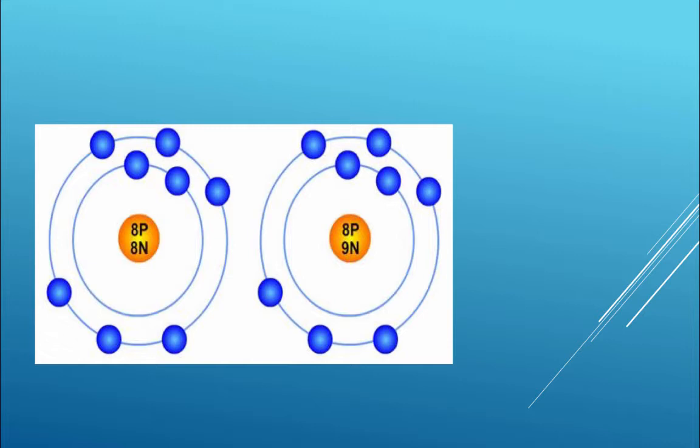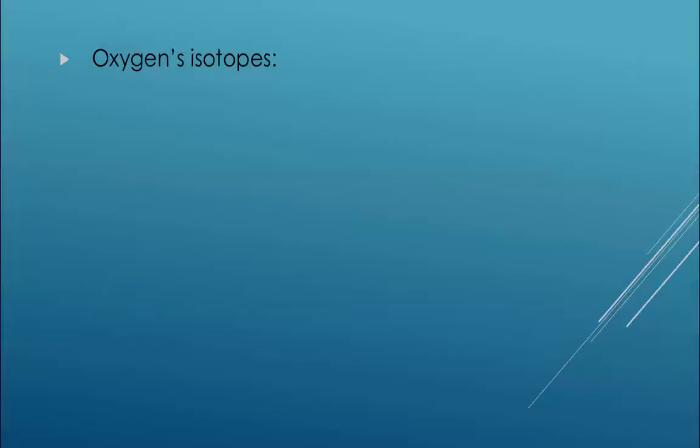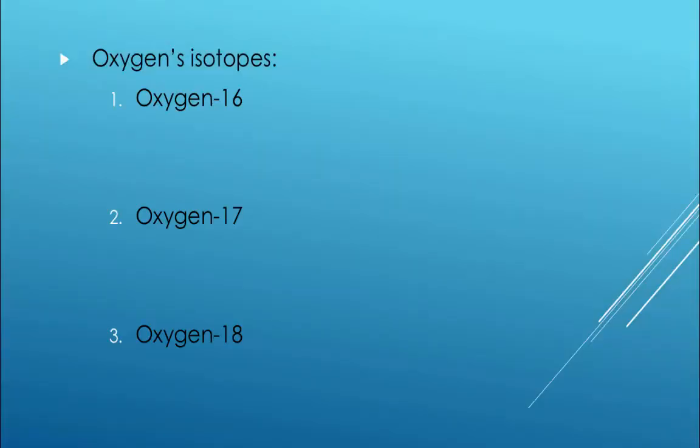In fact, there are more oxygen isotopes. This is another example. This oxygen atom has 8 protons, 8 electrons, but 10 neutrons. That makes the mass number for this isotope of oxygen 18. Here are the 3 isotopes of oxygen: oxygen 16, oxygen 17, and oxygen 18, where the numbers are the mass numbers. Oxygen 16 is the most common isotope or mass, since oxygen's atomic mass, or the weighted average, is 16